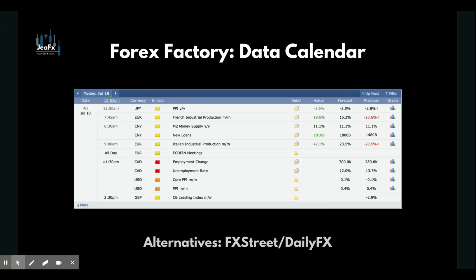So this helps us to gauge what's going to be happening and whether we're seeing an improvement or a decline over the previous month's data or the previous week or whenever it is. So the data calendar is going to be at the backbone of our trading, and not because we're trying to trade this, but because we can use this to filter our trades, okay? Avoid unnecessary losses and also trade on the right side of the trend.